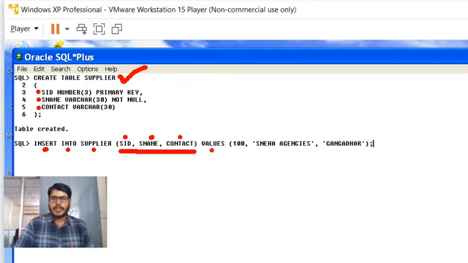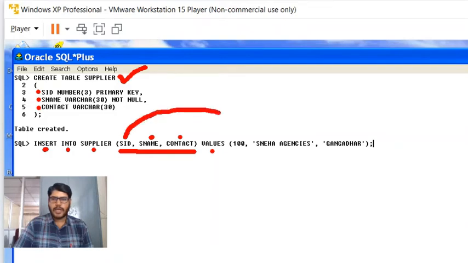And in front of this, we have to use the values keyword, and in which order we have specified the column names, in the same order we have to pass the values. You can observe here, first I'm going to mention SID.